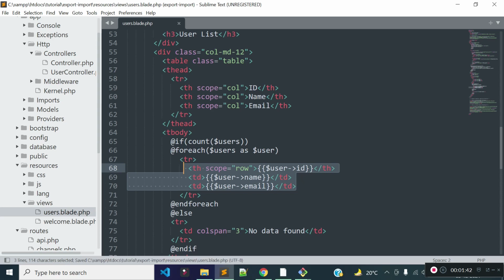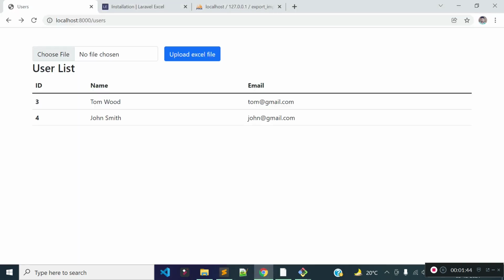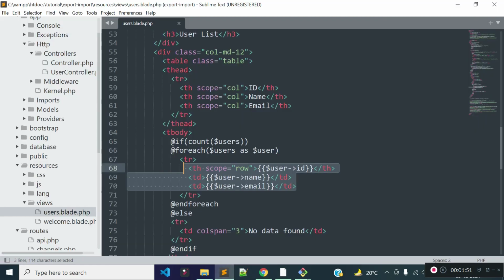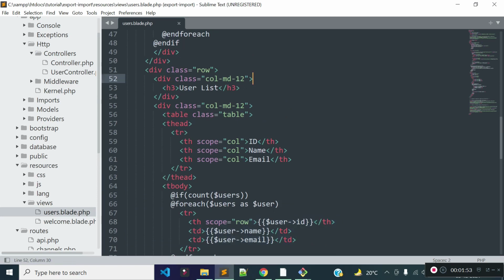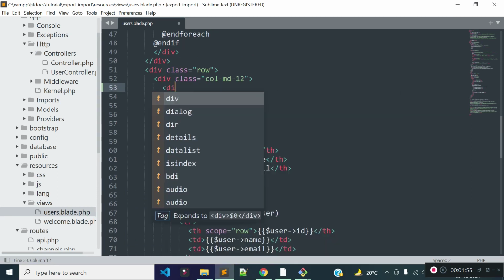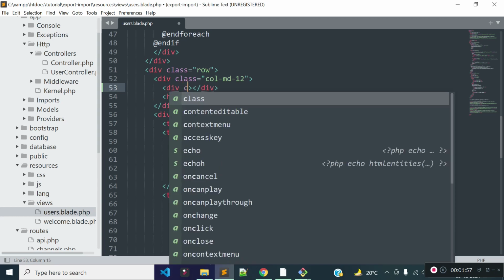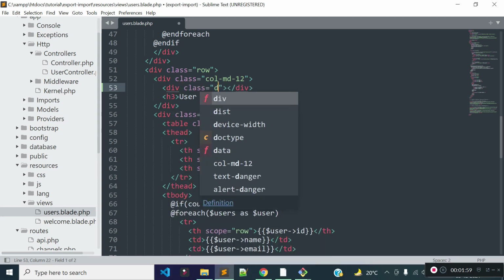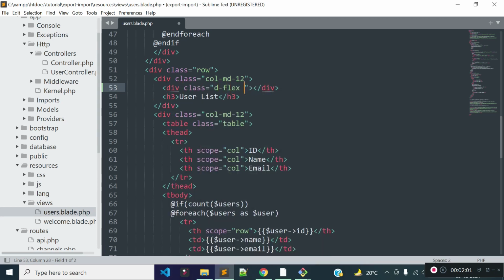Okay, and now I'm going to add a link to the right side of this text for export functionalities. So I'm going to add a div of class d-flex justify-content-between.